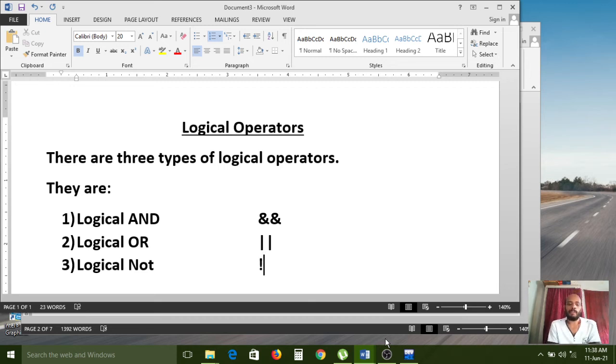In the programming language, the exclamation mark behaves like a NOT operator. Like that, we have three types of logical operators.